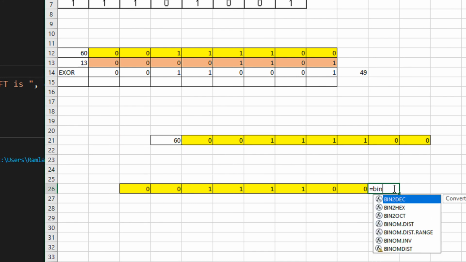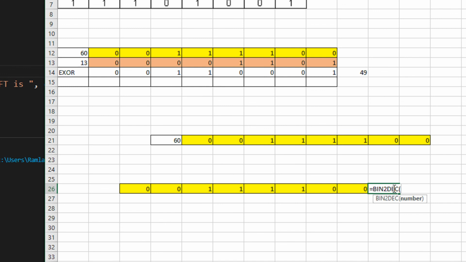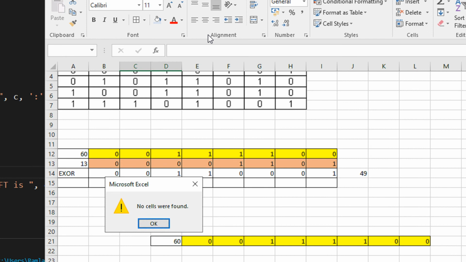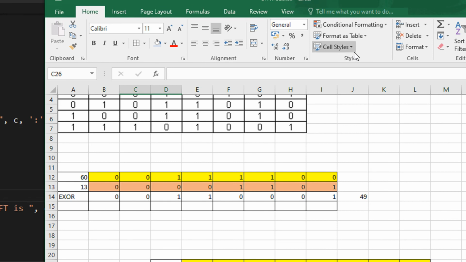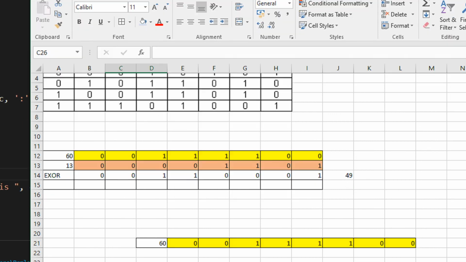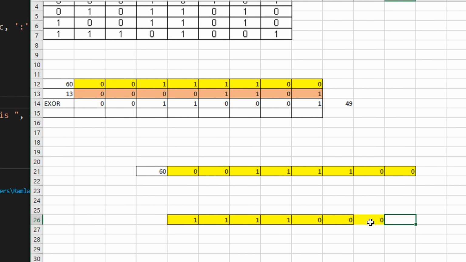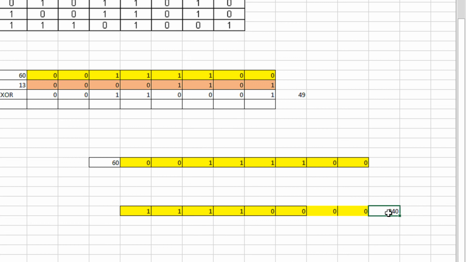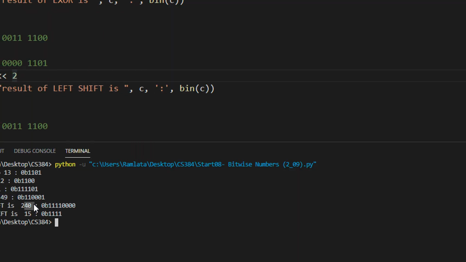So let us see what is the binary equivalent of this. This is binary to decimal, right? As I said, we have to ignore these two now because these are lost bits. So these are the additional bits that are added towards the end because of shifting. Now let us do this binary to decimal, 11110000, right? Output is 240, output is 240.